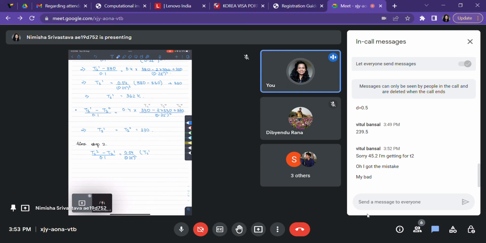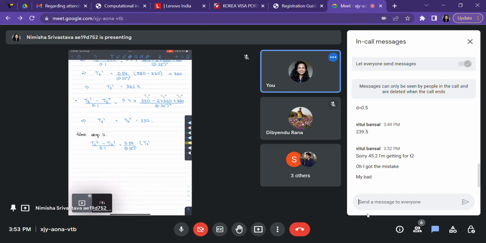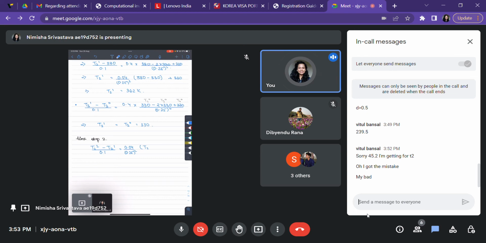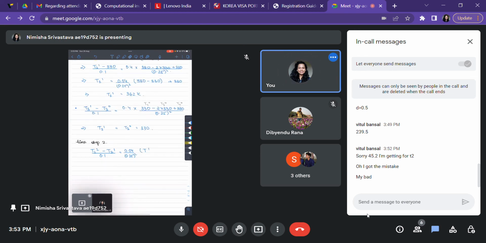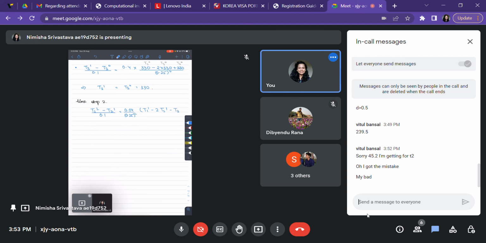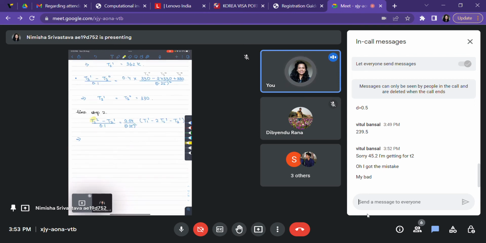Okay, don't skip steps. I have a bad habit of skipping steps, but you should not do that because that messes up your solution. Okay, so we will, right. So this is what I have. T22 is what I need to compute. This is my unknown. So I have (T22 minus 362) by 0.1 equals to 0.2